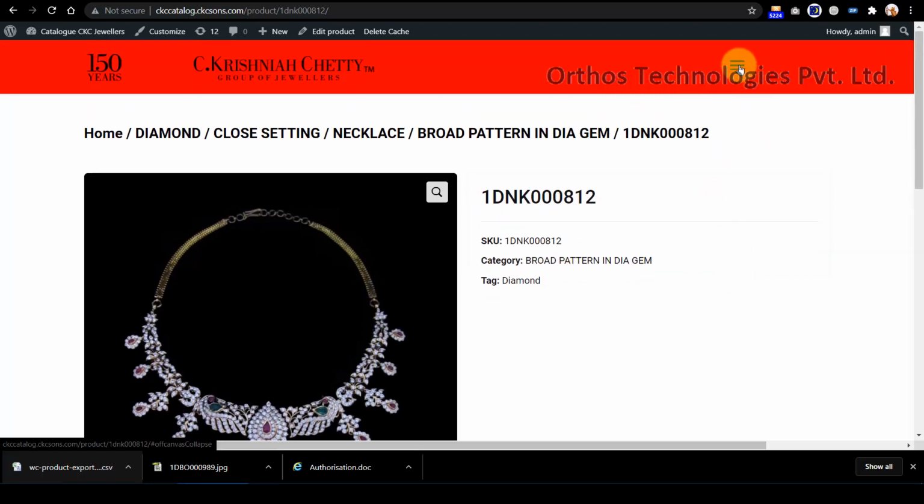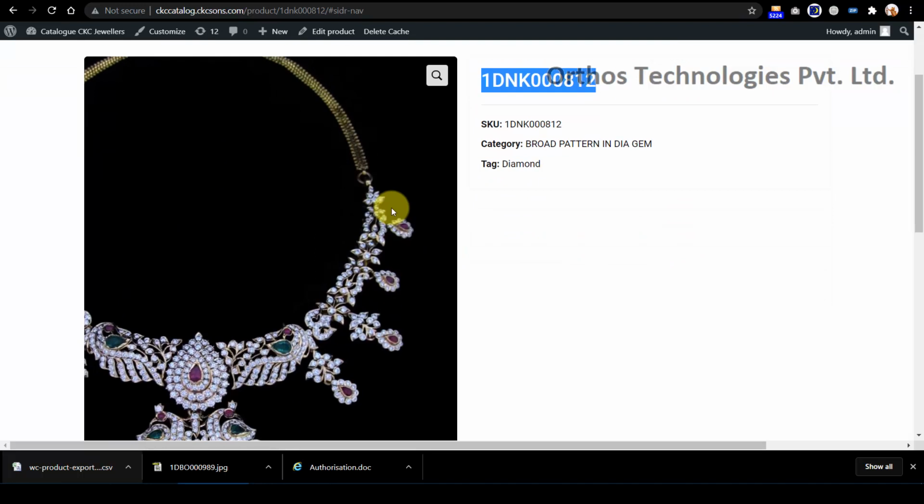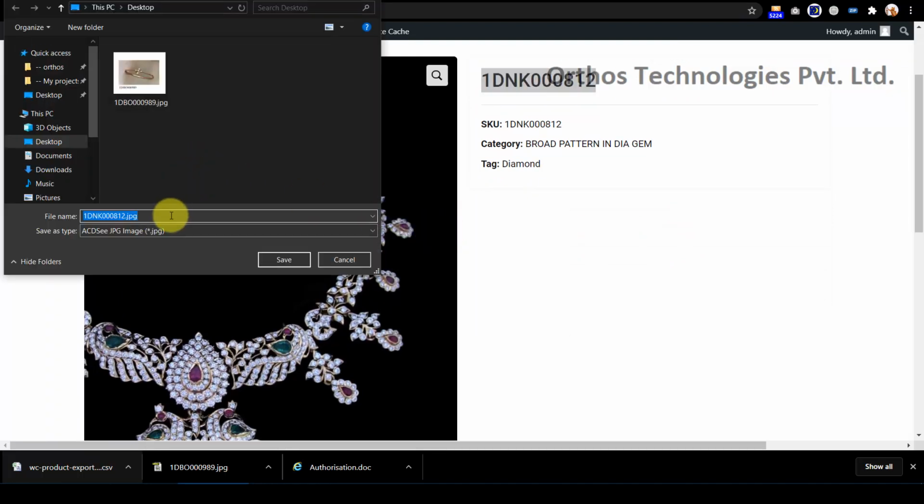Just go and search this particular SKU and you will find this product. What we are going to do is download this image here, give it a name, same thing, and the extension will be test here. Save this image.